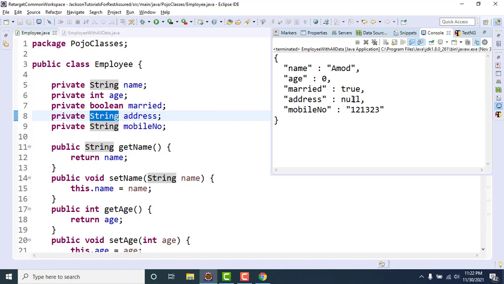But this is not the correct way of generating the payload. Why? Because if you are not aware of something, you need to exclude that one. And suppose you are sending this payload to an API, it may give you some 400 error, like address cannot be null kind of thing, right? So what I am trying to explain here is that you should ignore those fields for which you don't have the values, and it should happen automatically.